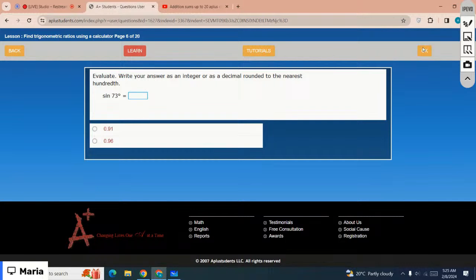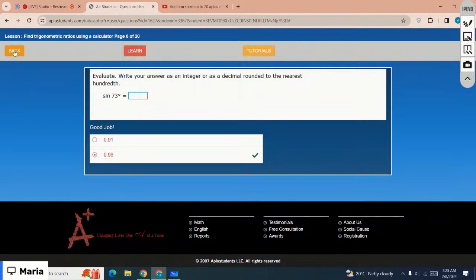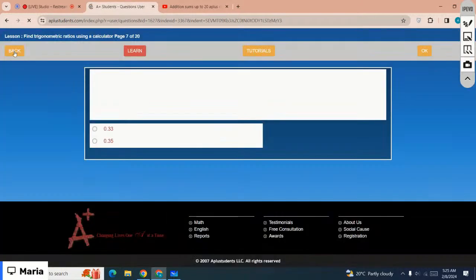The next one is sin 73. So which is the correct option? That is 0.96 is the correct option. You can complete the lesson by yourself later today. Let's just move on to the next lesson, and the next lesson is